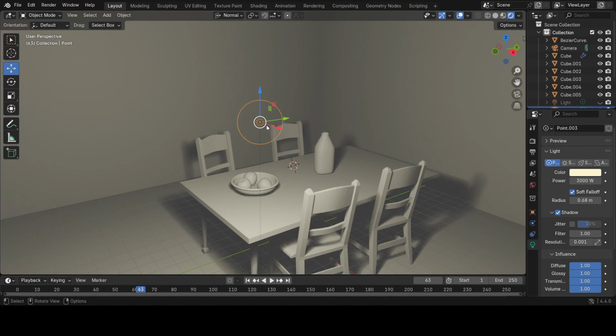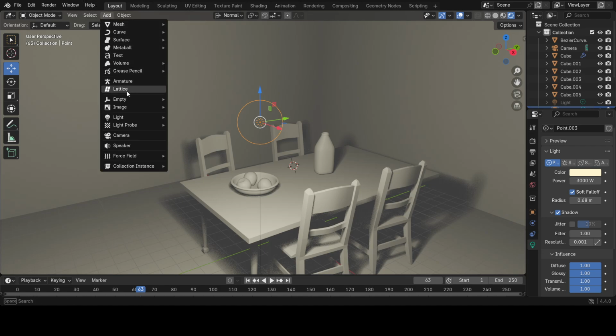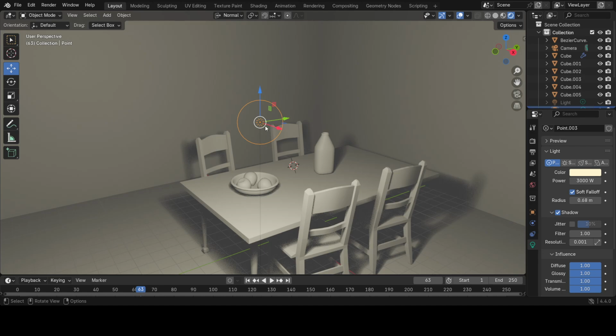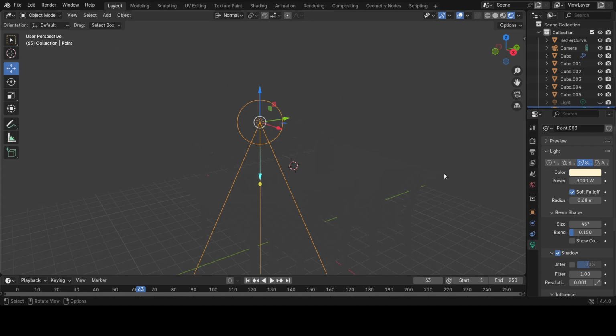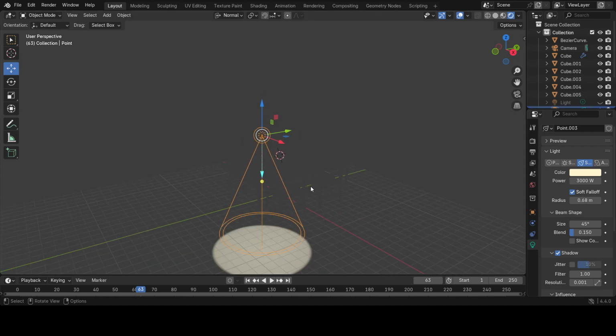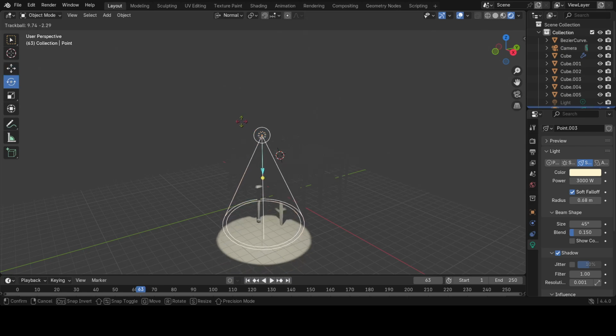Once you've created a light, you also have the same option as what you had here with adding a light: point, sun, spot, and area. You can actually just change that light here. So we're not going to work with the sunlight at this point, but if we go to the spotlight, you can see that we have something which is working for us right here. And if I were to rotate this, I'm just going to go ahead and do that with this one right here. Bring it up,